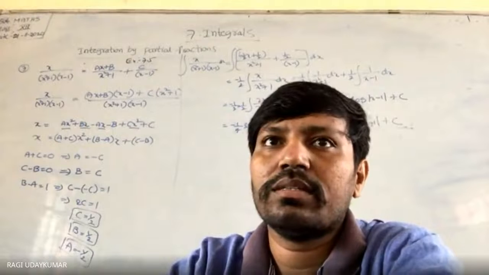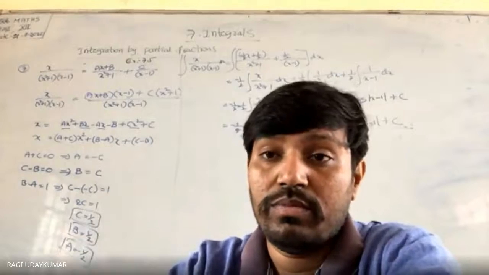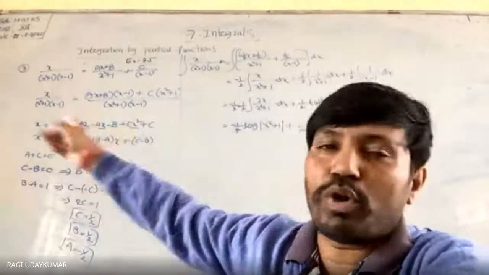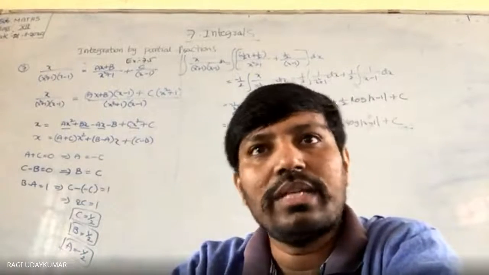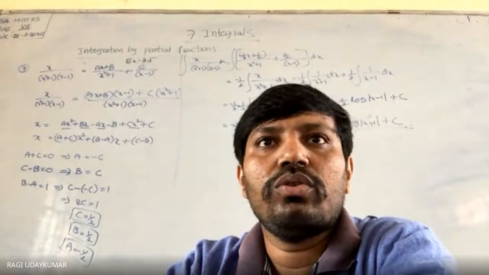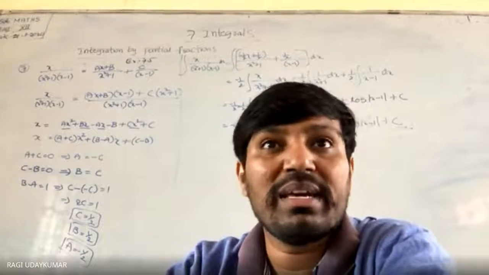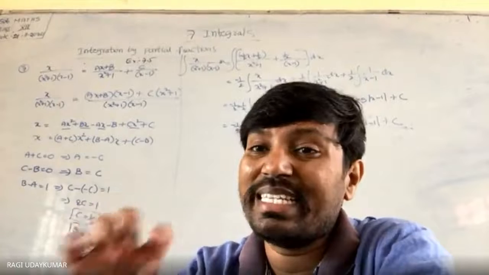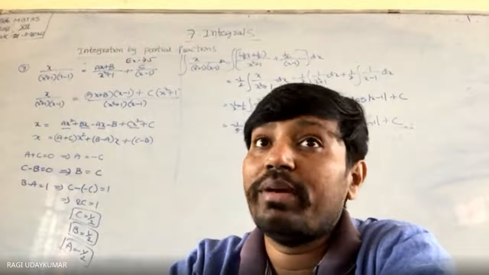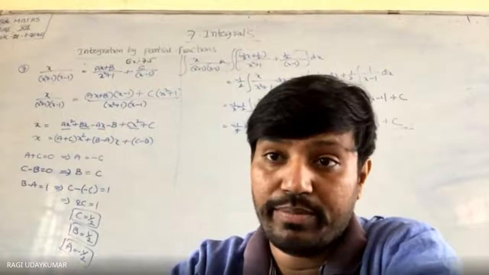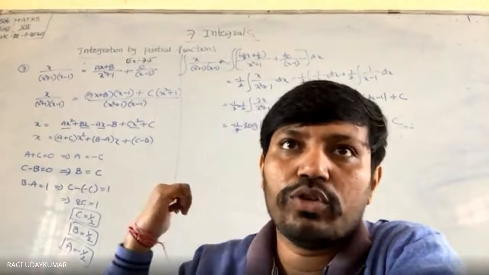And 10th problem is x square minus 1, that can be written as x minus 1 into x plus 1. So then you are going to have the linear factors, not like this problem. Most of the students will feel that 10th problem is also like this. So not like this. That is completely different. Okay. So even 11th problem also, x square minus 4 is given to you in the denominator. So that can be written as x minus 2 into x plus 2. So 3 linear factors in the denominator you are going to get. And 12th problem is numerator degree is greater than the denominator degree. So 6th problem की जैसा वो भी कर सकते हैं. And 13th problem is similar to this one.